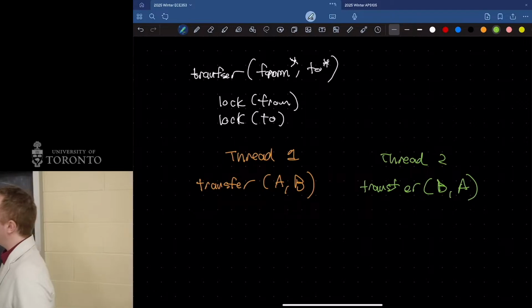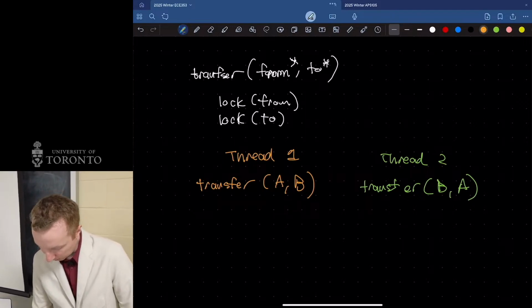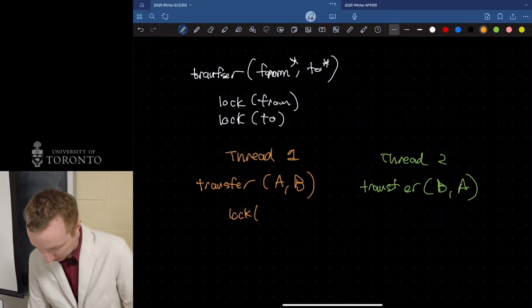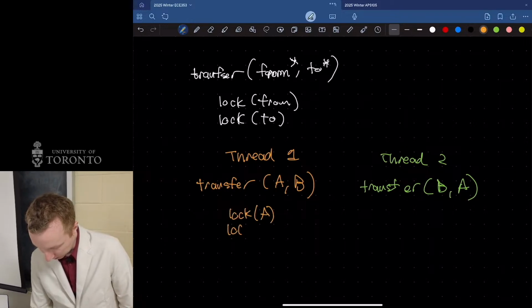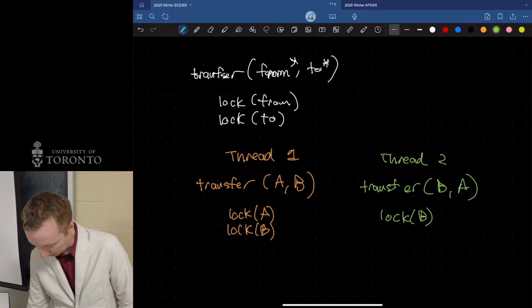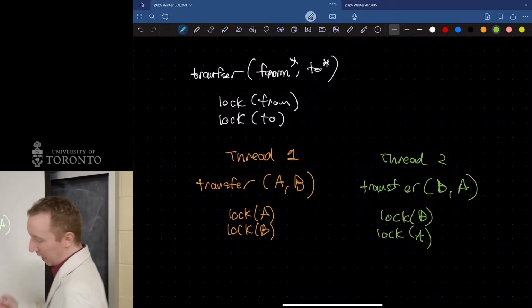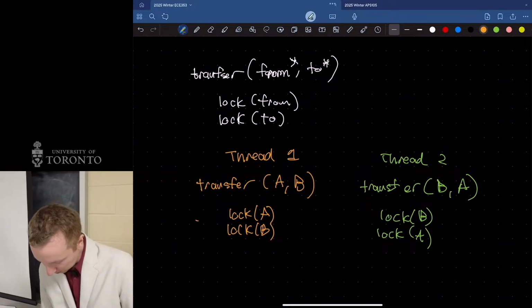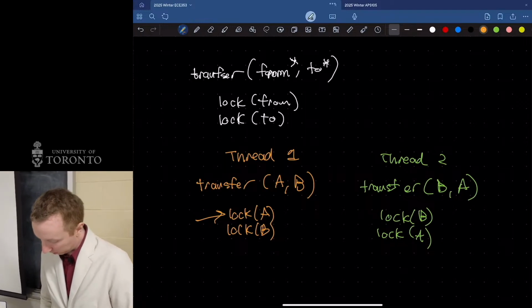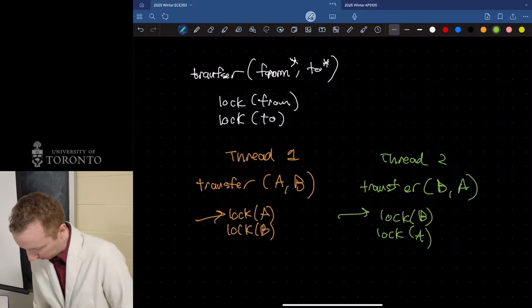So when we run transfer A to B, that would be the same as lock A, lock B. In thread 2, the from account is now B, so that would be lock B, lock A. That looks bad. So it could be the case where thread 1 runs first, locks account A's mutex, then we context switch over to thread 2.